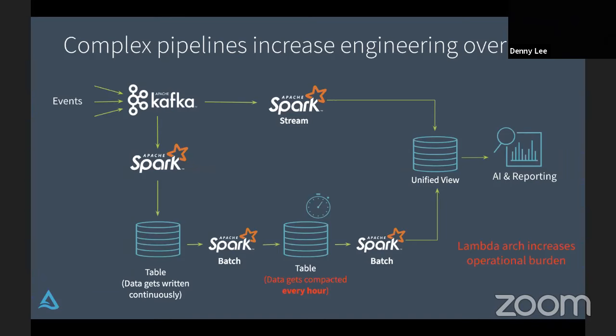Meanwhile, I have batching data where I have another streaming against Kafka at the exact same time that writes the data to the table on the bottom left. I have a batch process that goes ahead and processes the data into the table. It processes it in batch, so that way we can take into account the delays in data, and the batch processes it into the unified view. Now the unified view has both streaming and batch.